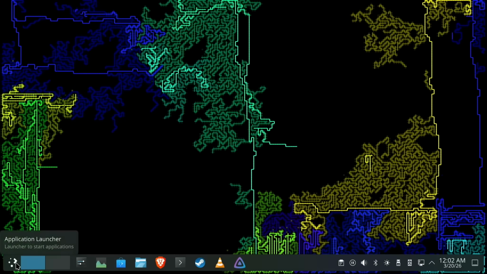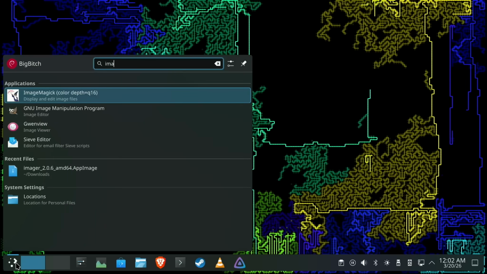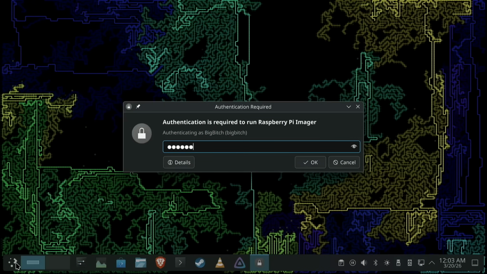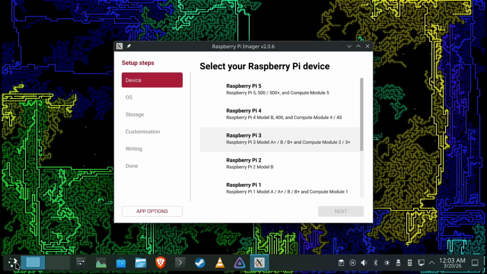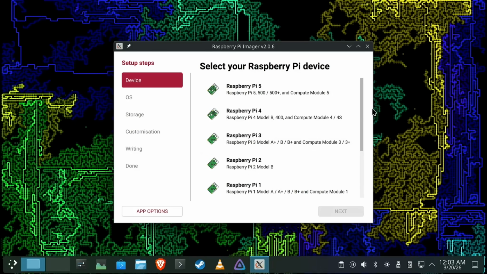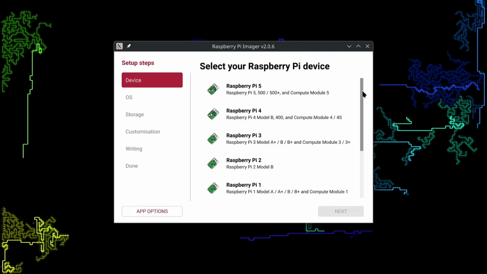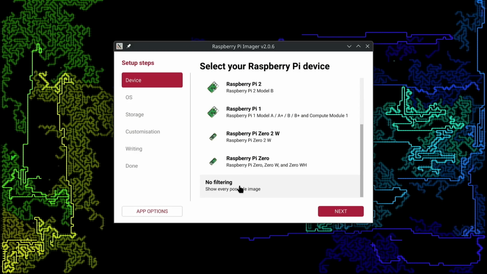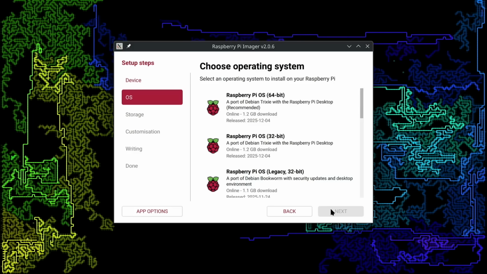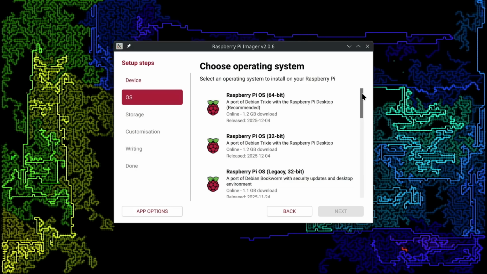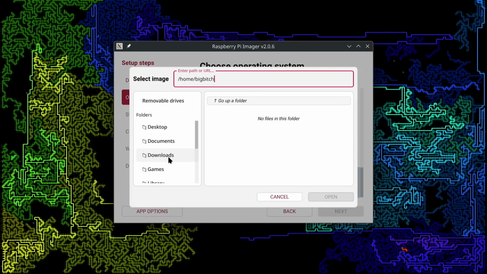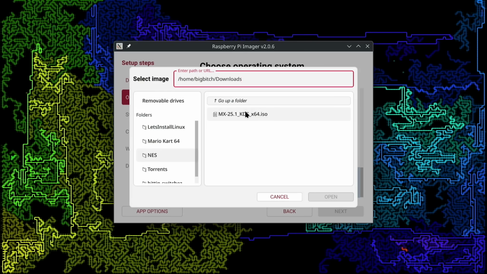Let's go to the start menu and open up imager and put in our password. Here you're going to want an 8 gigabyte or larger USB to install this. You'll come to this screen after opening imager, go down to the bottom and select no filtering. Next, and then again scroll all the way to the bottom, use custom, and we'll go to downloads,